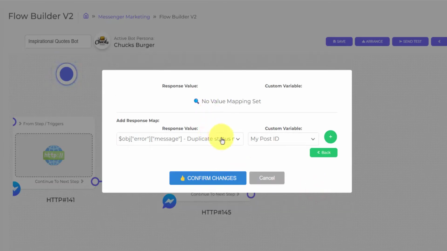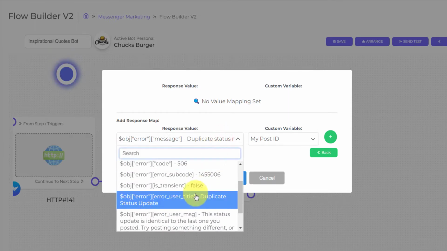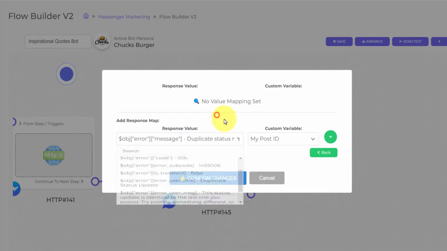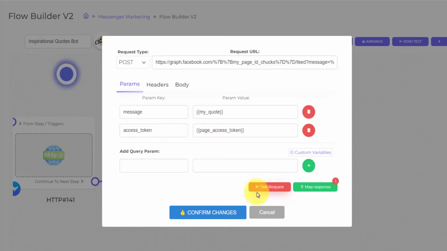And as you can see here, we have an error message. This is not the same response that we got earlier. This is because we are posting the same post on our page. So Facebook does not allow posting the same content on our page multiple times. So in order for this to work, we need to delete the post that we made earlier, because note that every time you send a test request, an actual request will be sent to Facebook